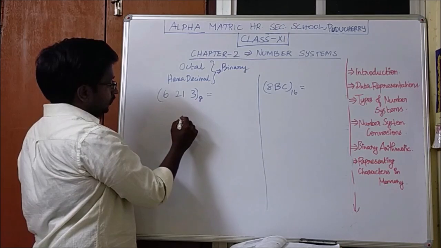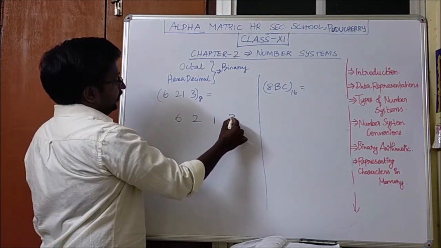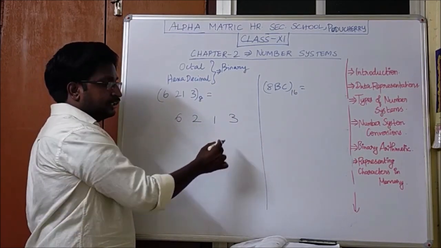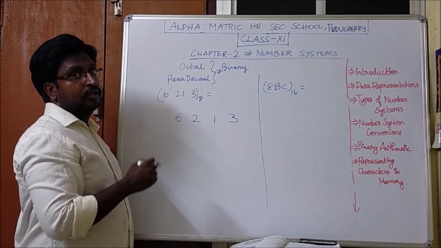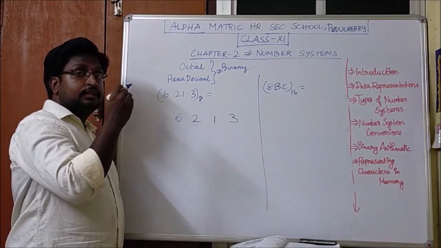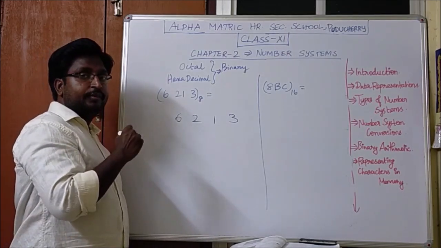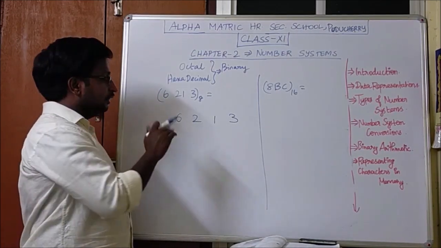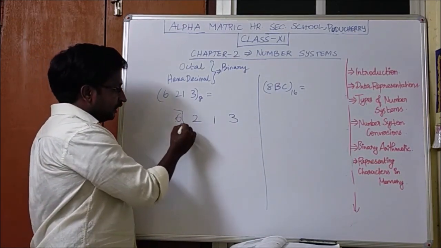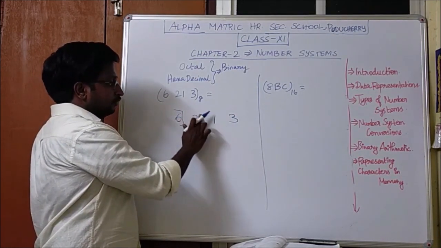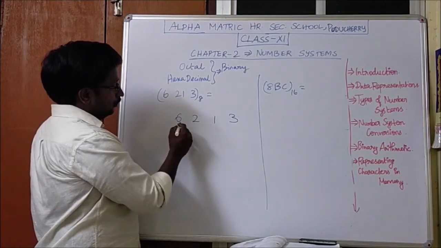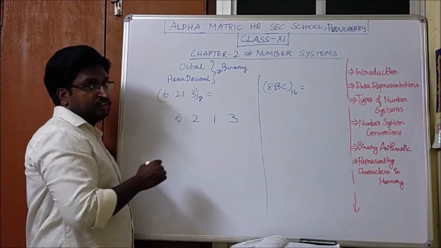So this is the octal number which you are going to convert to a binary number. For each and every digit, you have to identify the corresponding binary value, and you have to write a maximum of 3 digits, because in binary to octal conversion you grouped 3 digits. Similarly here you have to write the equivalent binary value of each digit by grouping of 3 digits.